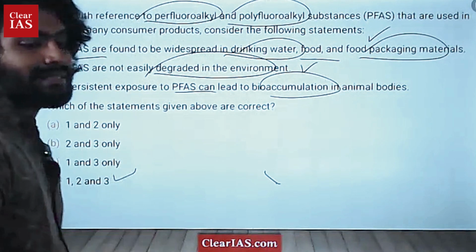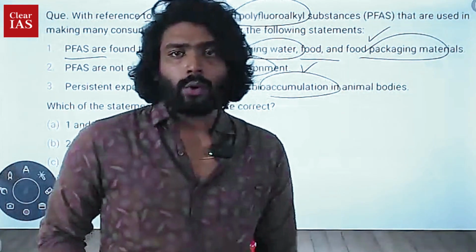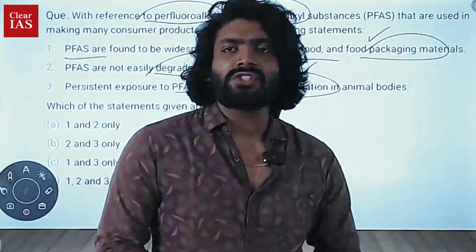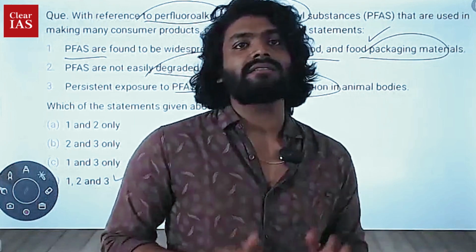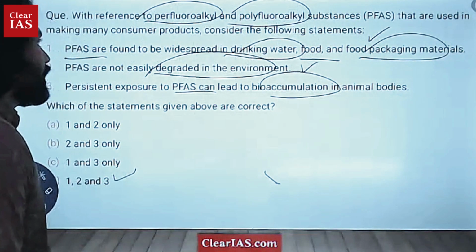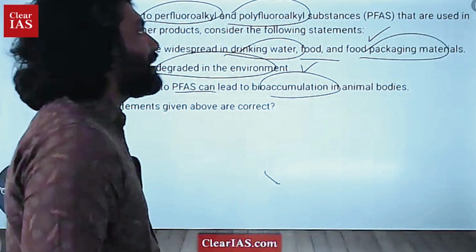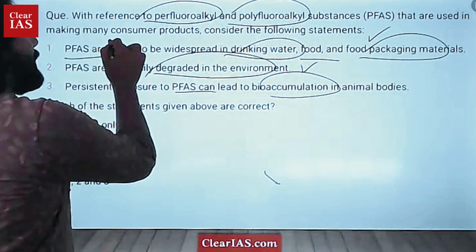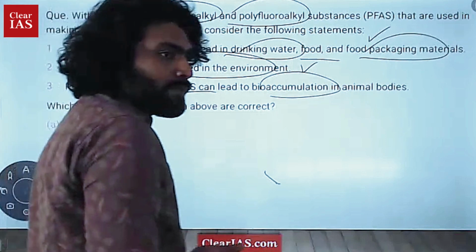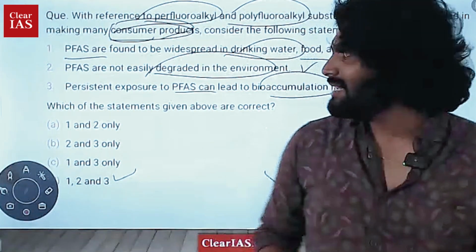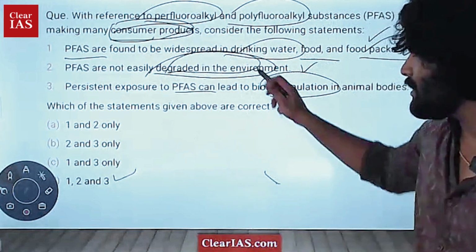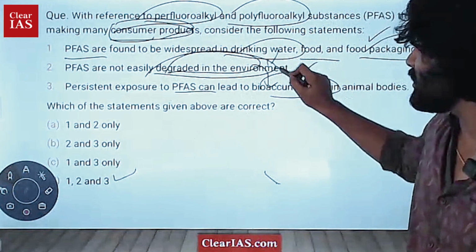A very, very easy question. Don't go into too much overthinking over those alternate options. It's a very simple question, just directly answer it. The third statement is obviously correct because there is a high chance of bioaccumulation. These substances are used in many consumer products, as given in the question. The second statement points to a degradation issue. Then the third statement, bioaccumulation. There is a connection in all this.